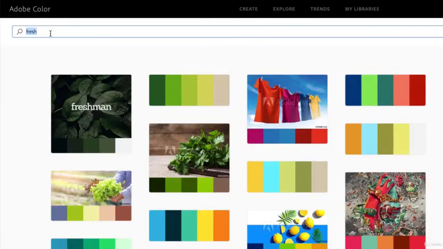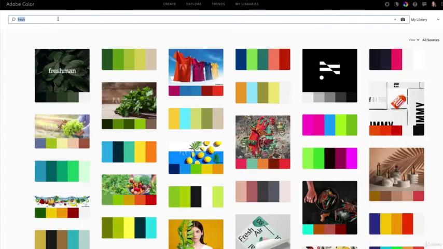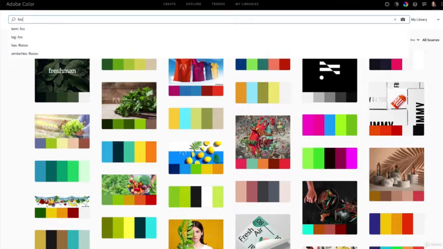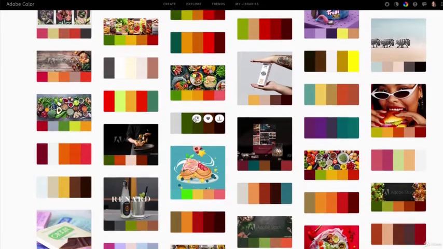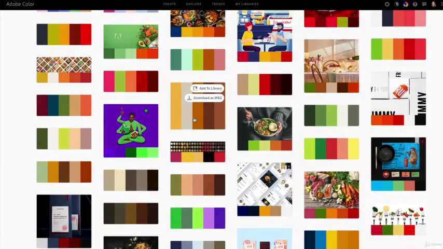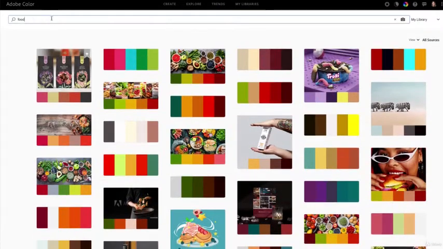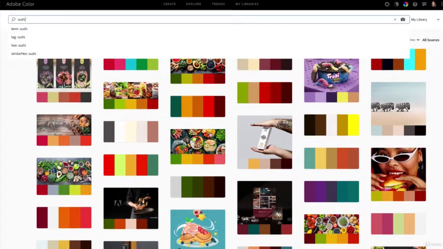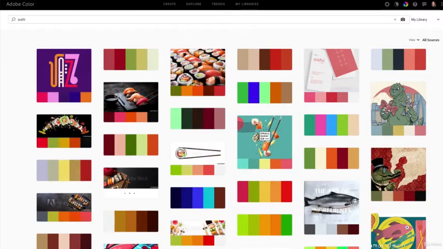So we used authentic, we used fresh. Let's find another word to use. I'm going to do a word that's more directly related to what we do. What about food? And all of a sudden the color choices get really vibrant and really bright. And I almost wonder if we can type in sushi. Let's just be direct here and type in sushi and see if anyone else has come up with other palettes